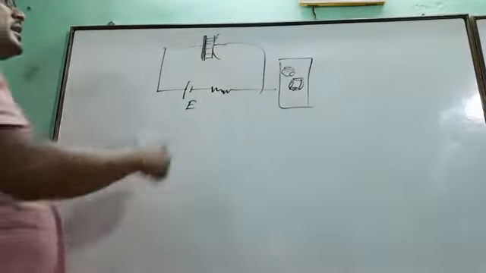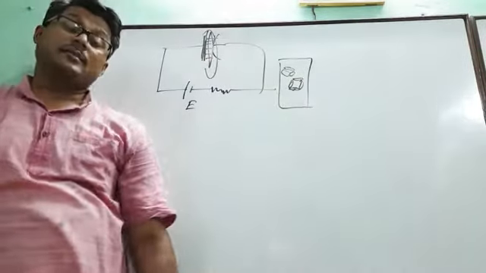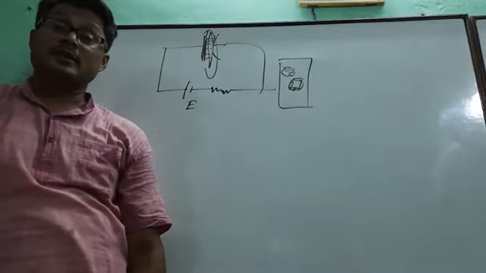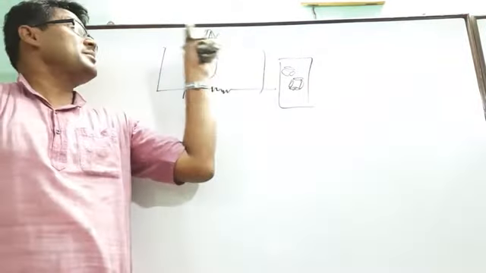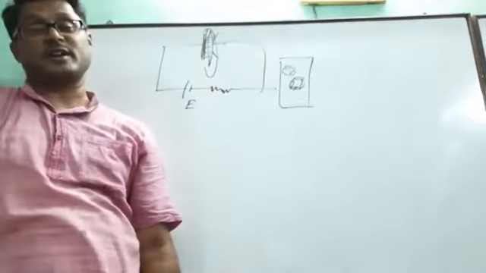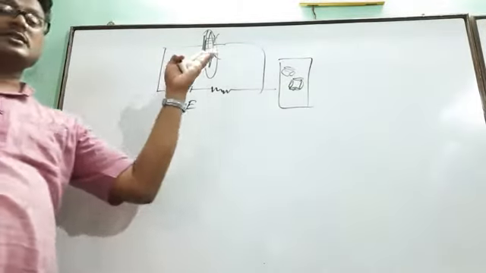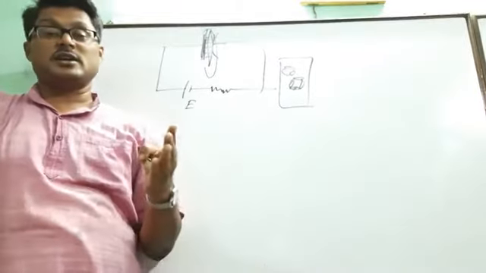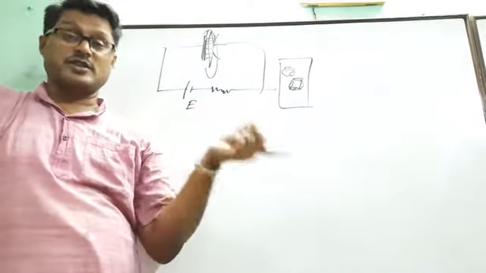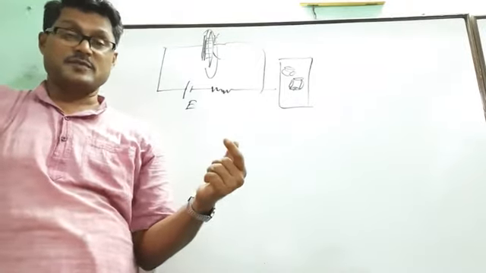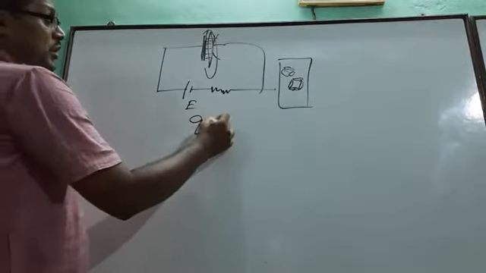Then here the magnetic field is generated, and again we know that a magnetic field can be generated from a current. So here we can consider that an imaginary current is developed. That imaginary current is known as displacement current. So what is displacement current? During charging or discharging of a capacitor, inside the capacitor one imaginary current is developed to close the circuit, that is known as displacement current. And what is the value of displacement current? We know that Q equals CV.